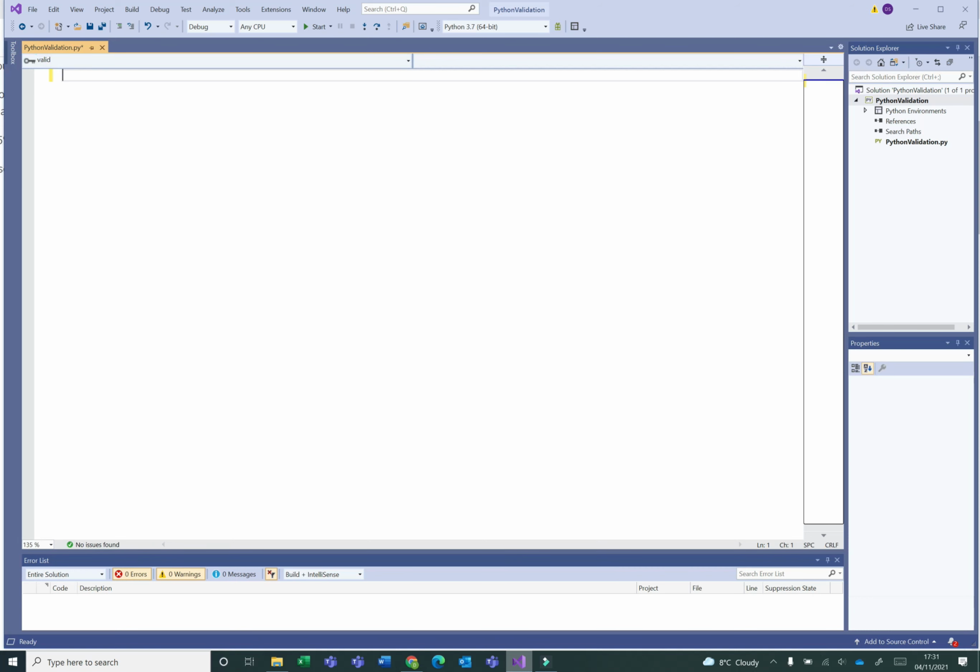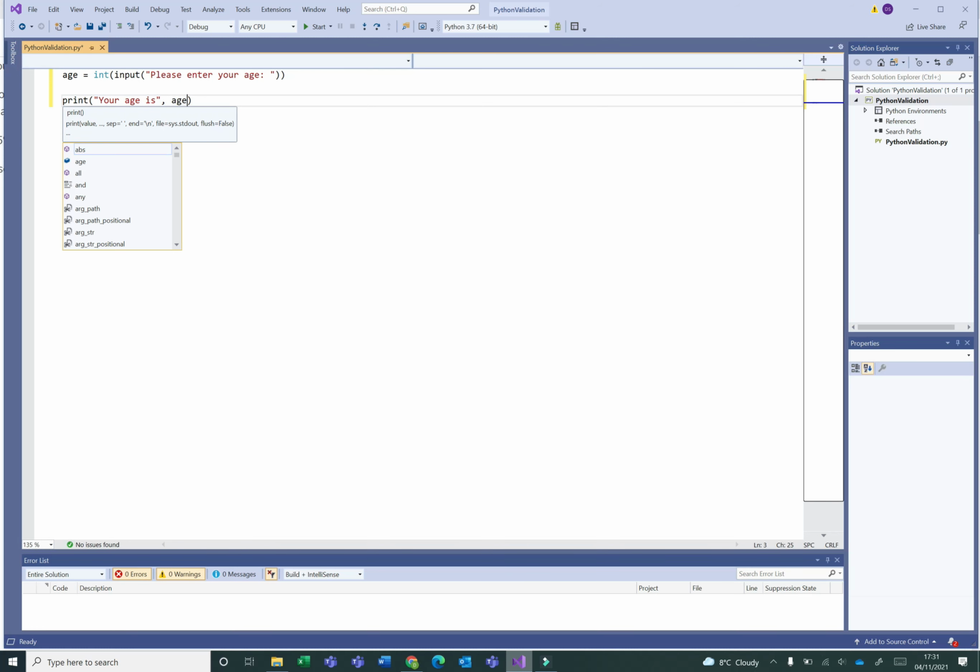Let's stick with Python. So if I want to get user input for an age, then I might say input, please enter your age, and convert that to an int because the age is a number, and maybe I want to do some processing of some description, but I will just actually print out your age is, and then the age.